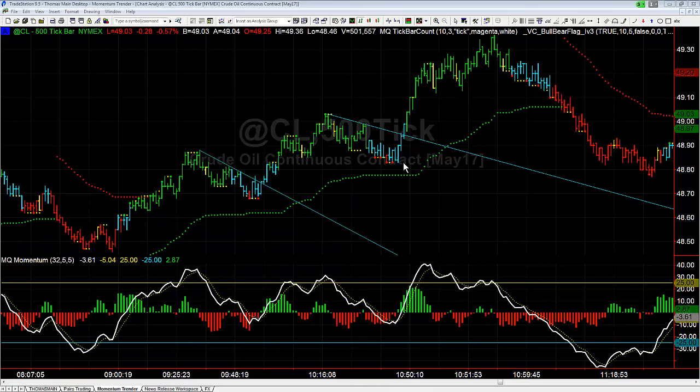It is Monday, March 20th, and we're going to take a look at Crude here and a couple of the intraday micro trend breaks that took place on a 500 tick chart. Now, with crude oil, one of my favorite time frames to look at is a 500 tick chart for this